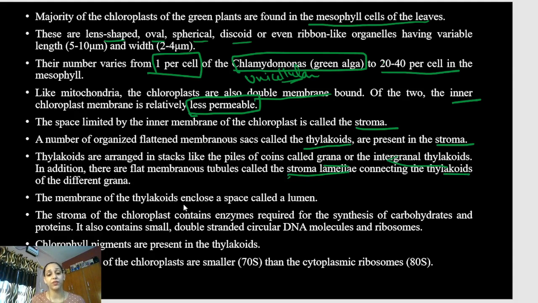The membrane of the thylakoid encloses a space called the lumen. This is the thylakoid and the space is known as lumen. The stroma of the chloroplast contains enzymes required for the synthesis of carbohydrates and proteins. It also contains small double-stranded circular DNA molecules and ribosomes. Chlorophyll pigments are present in the